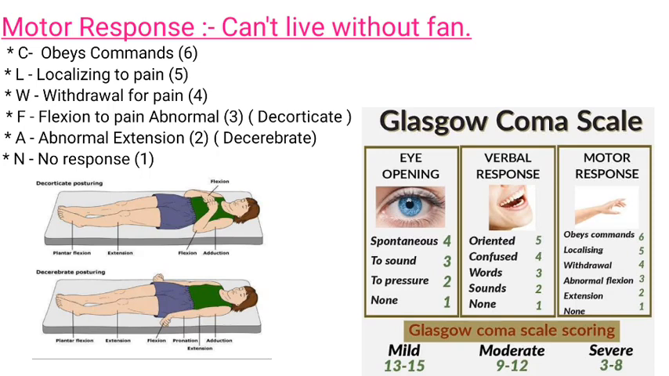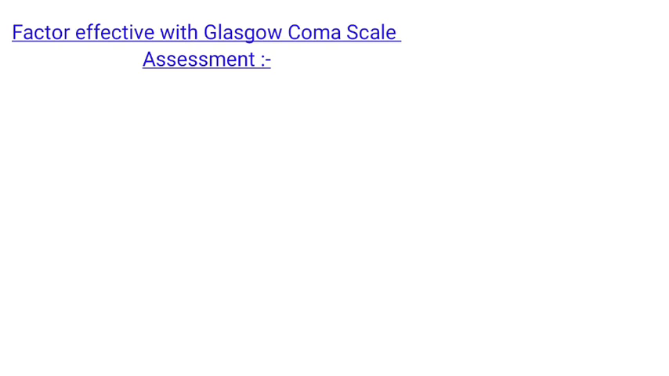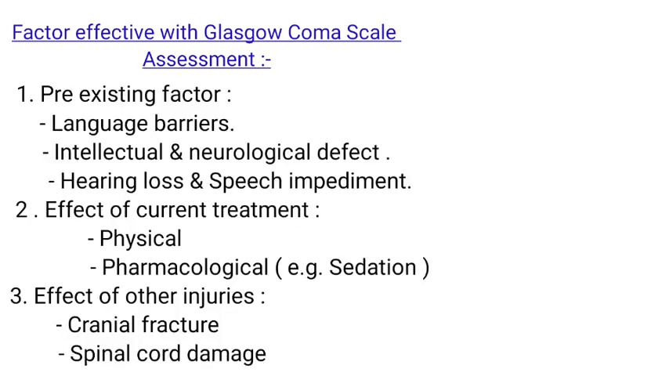So these were the three components and tricks of the Glasgow Coma Scale. Then the factors affecting Glasgow Coma Scale assessment. First, pre-existing factors: basically language barriers, intellectual and neurological defects, hearing loss and speech impediment. Then the effect of current treatment, basically physical and pharmacological, for example sedation. Then the effect of other injuries, basically cranial fracture,